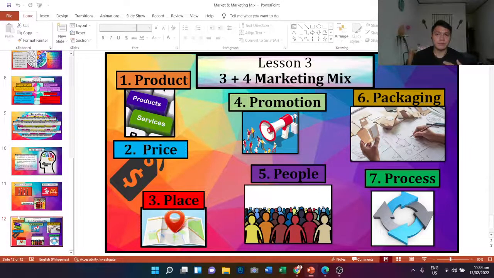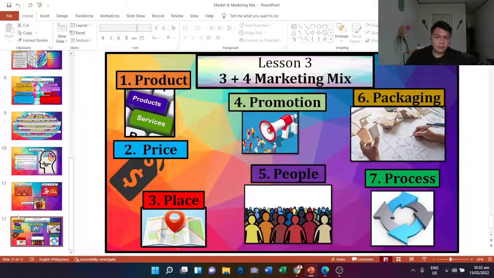Examples of this are massage parlors, parlor businesses, or barber shops. These are services. When we say products and services, these are restaurants. What else? Photographers. Those are products and services. When we talk about product in the marketing P, we are solely concerned with the physical appearance of the product.